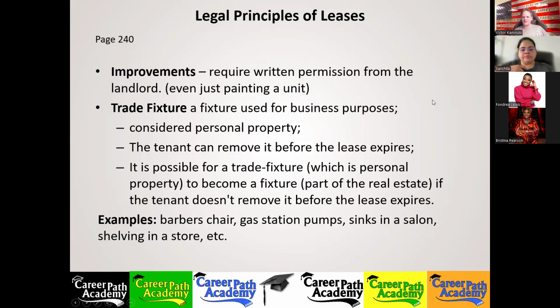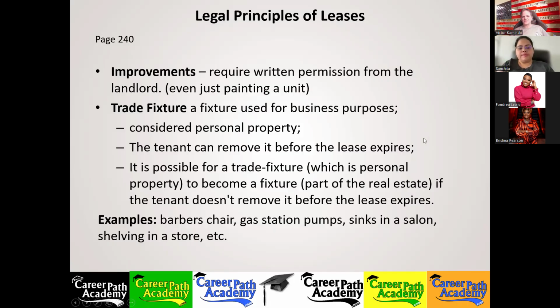Think about it for a second. You had to get their permission to remove the light fixture on the ceiling to put in a ceiling fan. Why would they give you permission? Sorry, you're talking about the residential units. Yeah. That's not allowed. For business purposes, it's allowed. What about a commercial trade fixture? Well, that's a trade fixture, though.